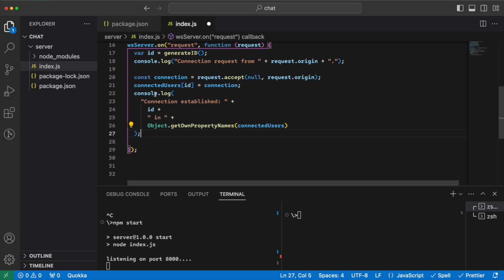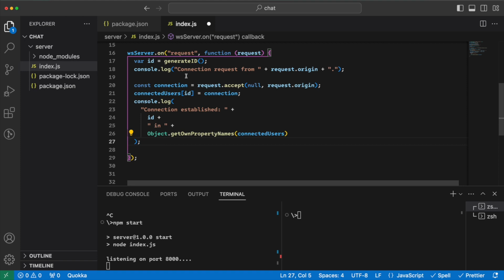And I would have a log like this that says the connection has been established here. So up to now, on each request, we create a connection. After that, the clients would type something and the message would come to the server, and then we need to broadcast it to the other users or to all the users that we have. So in order to do that, we can say